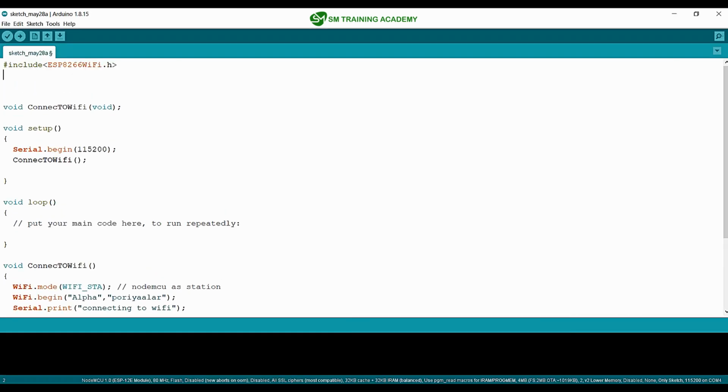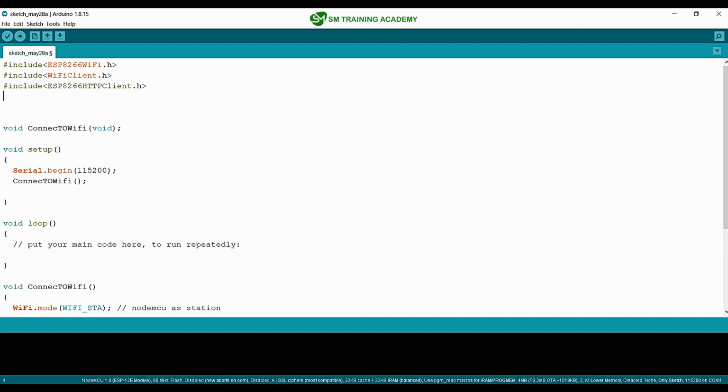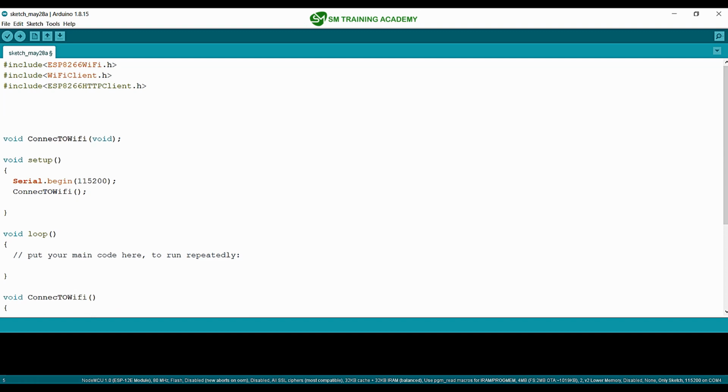As usual, we want to include two important header files, that is WiFiClient.h and then ESP8266HTTPClient.h, which is useful for sending the HTTP GET request and POST request in our programming part.